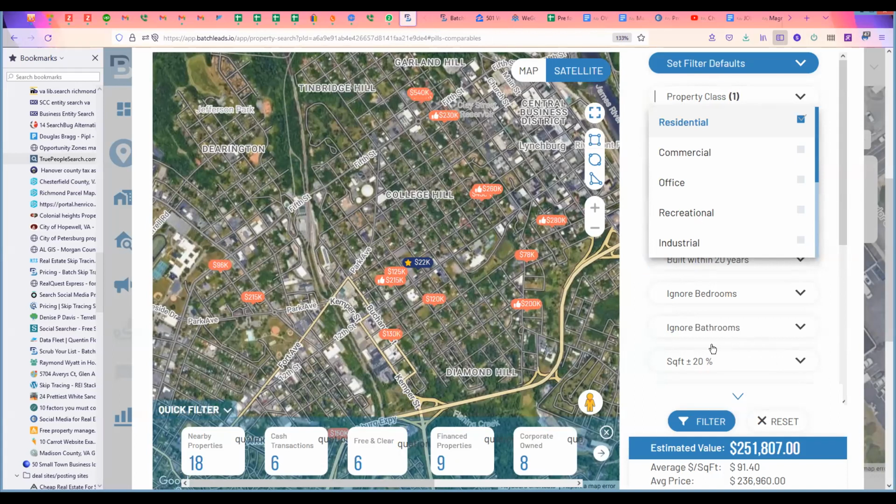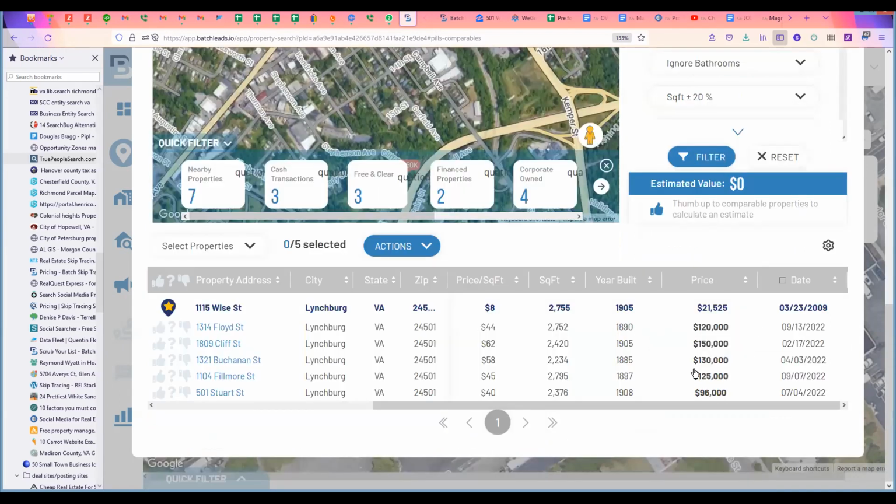So these are triplexes and quads and duplexes, and yeah, these are a lot lower. These numbers are a lot lower, but the years, it seems like all of these properties were built around 1900s. Do I have it selected, built within 20 years? Yeah, okay. So, these are similar square footage, but,